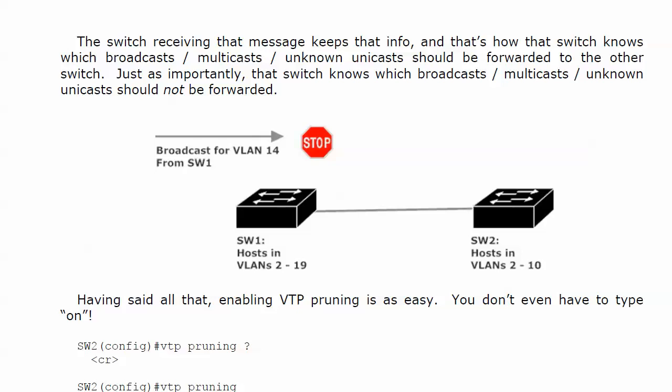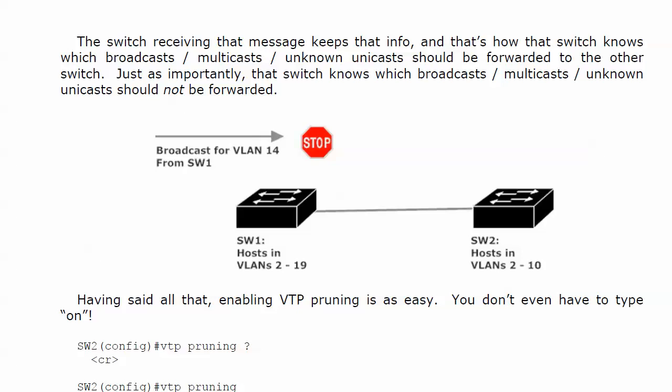Because with pruning in operation, say switch 1 has a broadcast that's sending out all ports in VLAN 14. Well, by default, that would include the trunk port, because the trunk port is a member of all VLANs. But pruning has let switch 2 tell switch 1 in advance, hey, I don't have any ports in VLAN 14, only 2 through 10, so don't send me anything with any of the other non-default VLANs. So switch 1 wouldn't send that